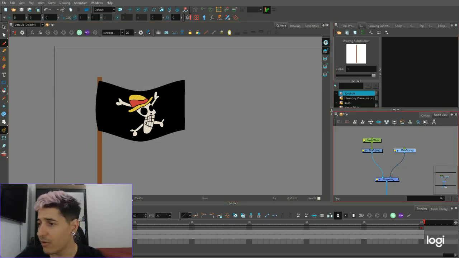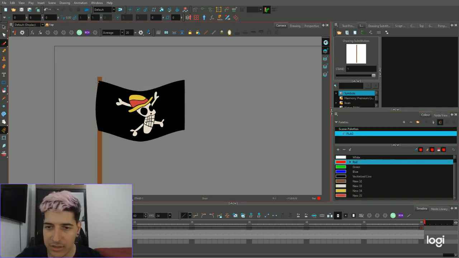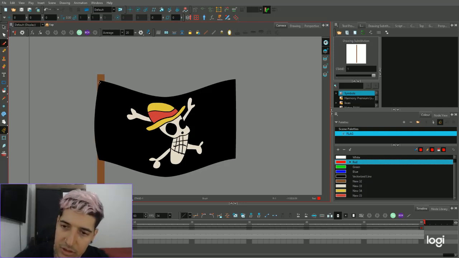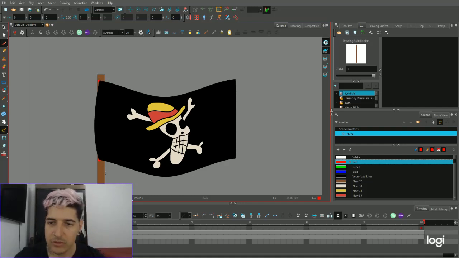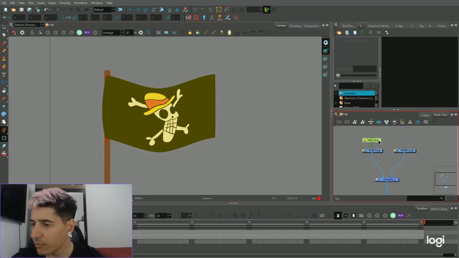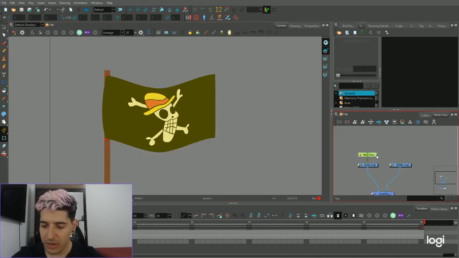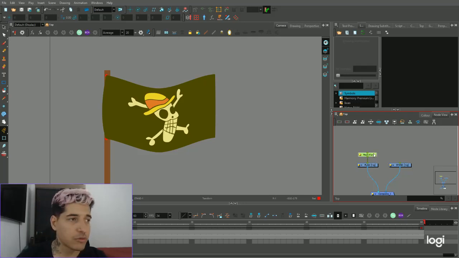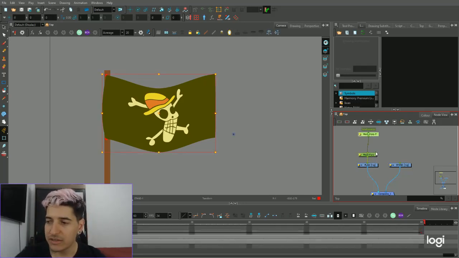To make our life easier, I will do some markers. I will select the color here. I will just make a point here and a point here, so we'll know where the flag is fixed in the stand. So above the mesh warp, I click Ctrl P to create a peg, or